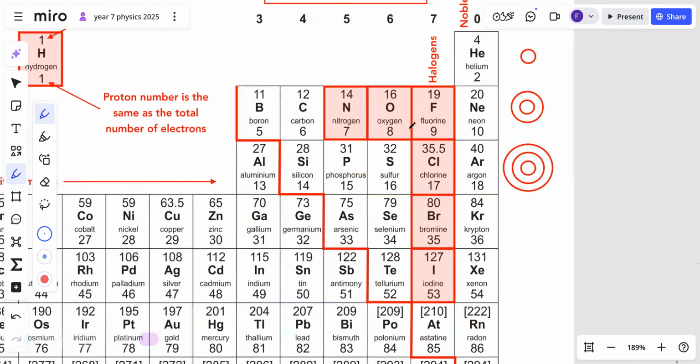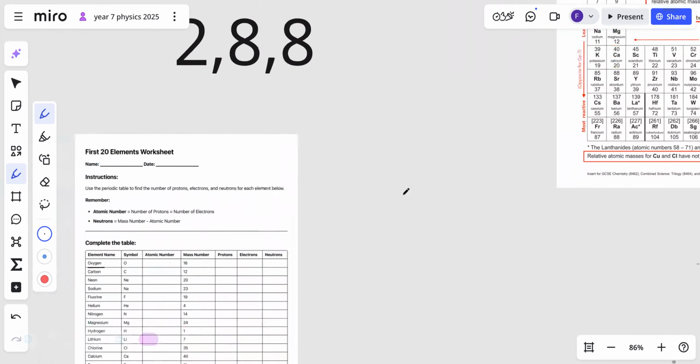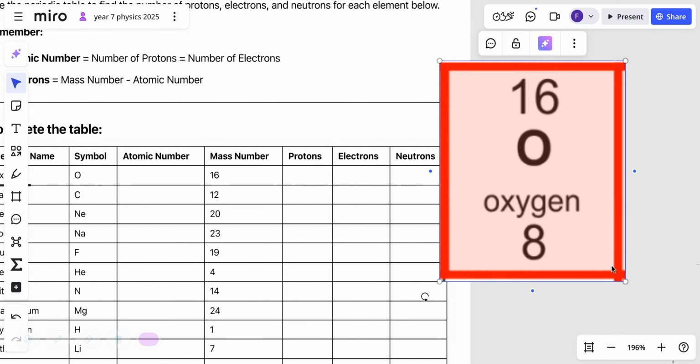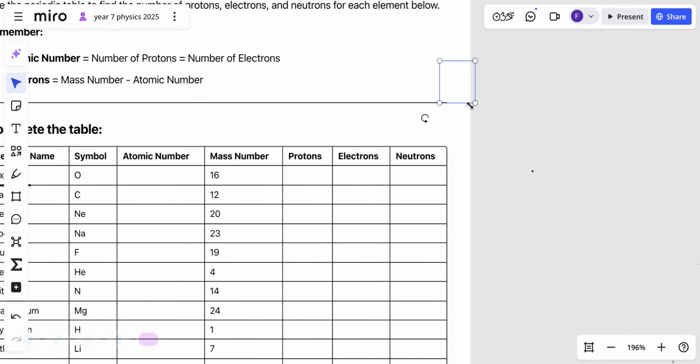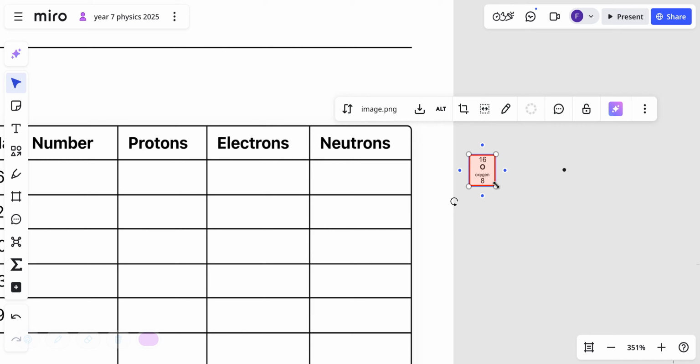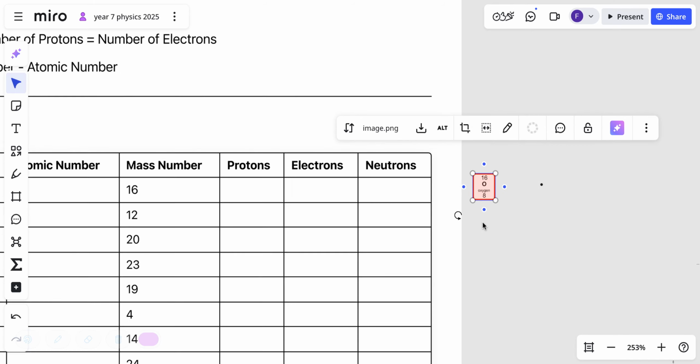Oxygen is over here in group 6. This is group 6. And I'm just going to take a snapshot so you have an image of it. And you know exactly what I'm doing. And I'm going to put it next to this. So here we are. It's a bit big. I'm going to make it really small so it fits right next to the work. There you go. So the first question it says is,